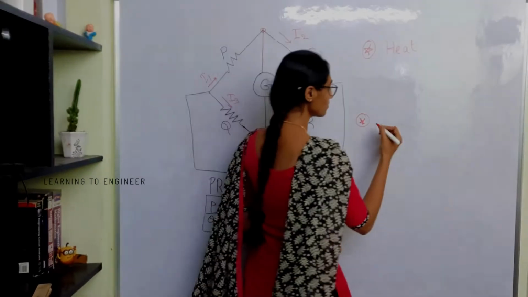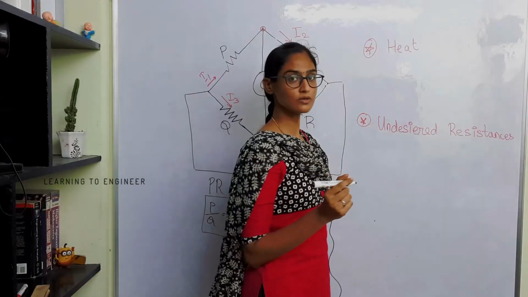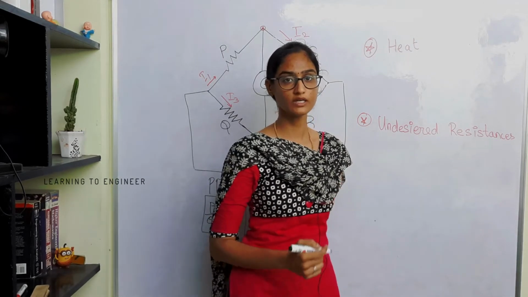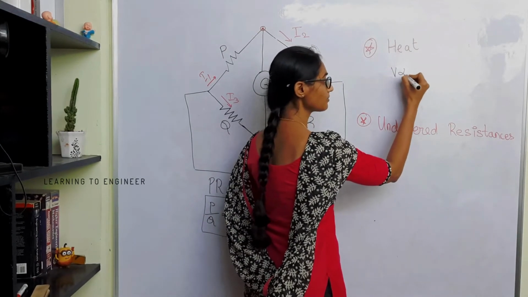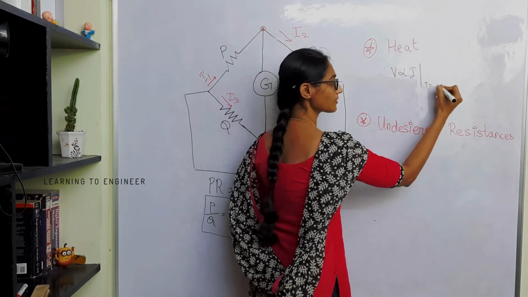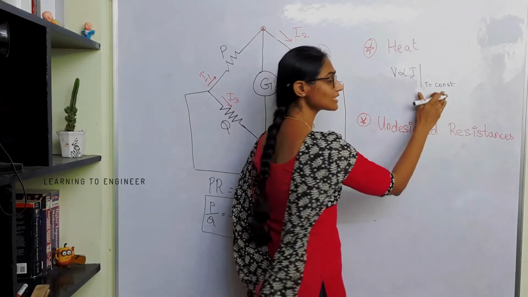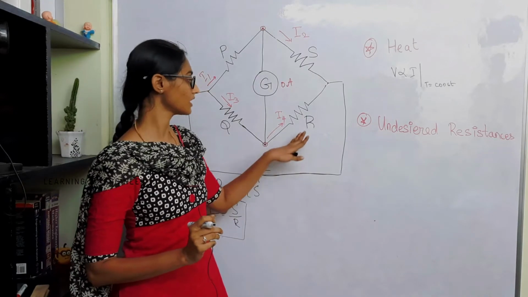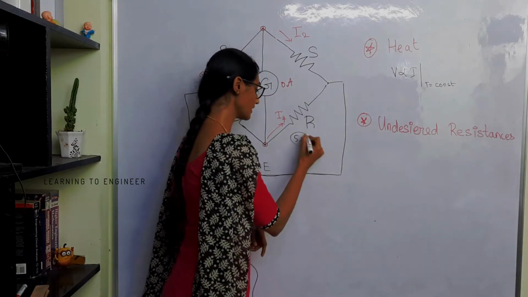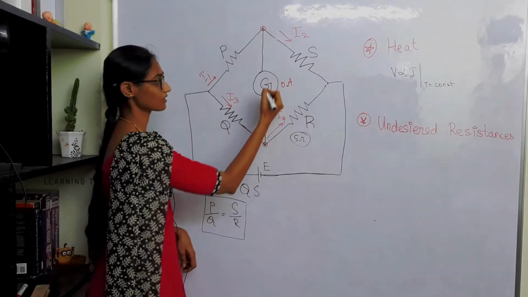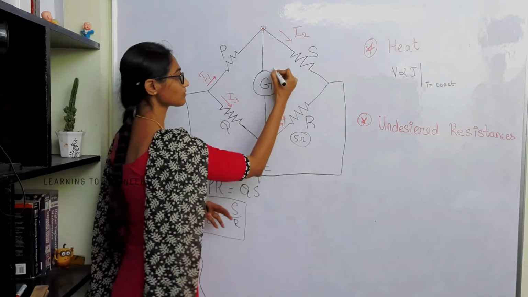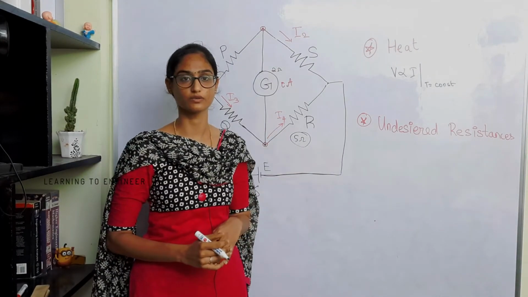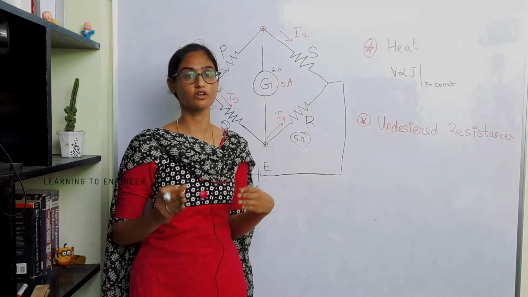Next is due to the undesired resistances. You all know that the resistance of any conductor varies due to temperature. That is why even in Ohm's law, the voltage will be directly proportional to current as long as the temperature is constant. When this temperature is not constant, the value of resistance changes. When you are going to measure a resistance of, let us say, 5 ohm, and you have the lead resistances or the resistance of the galvanometer to be something close to 2 ohm or 3 ohm, that resistance will interfere with the resistance of this circuit, and hence the balance condition will not be accurate.